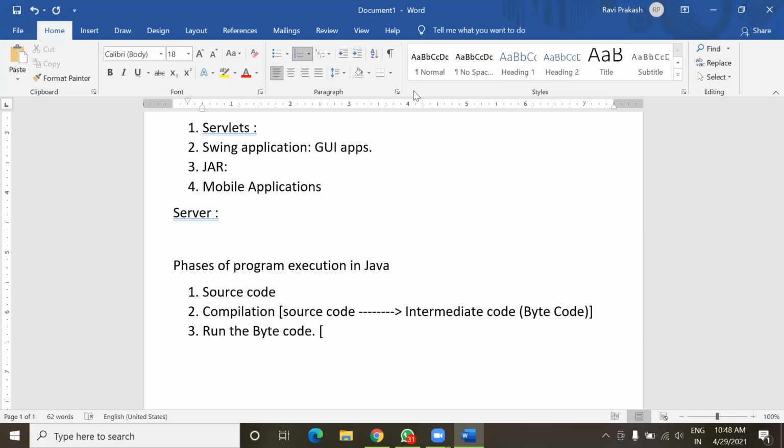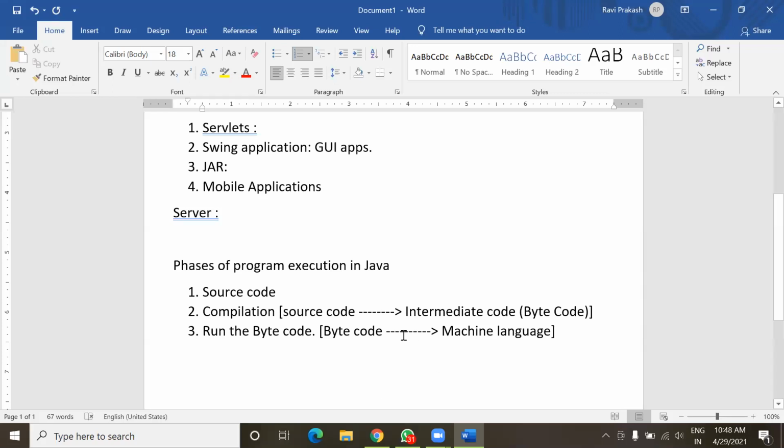During execution of bytecode, this bytecode gets converted into machine language.